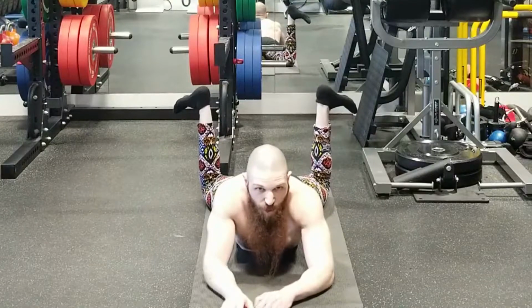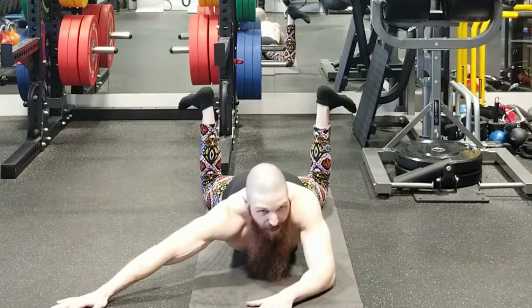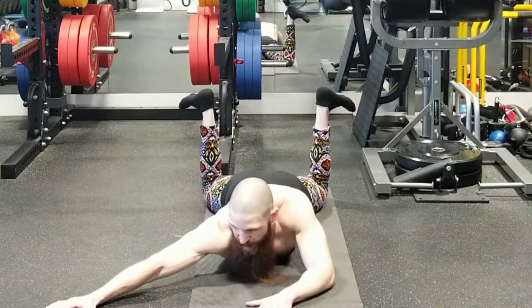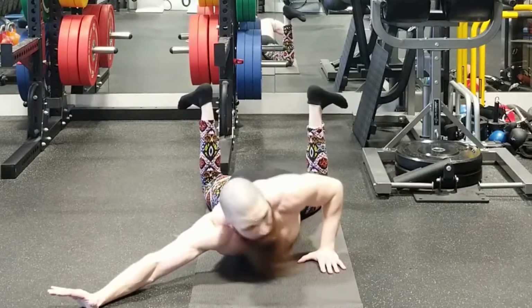With the pec that you are stretching, put that arm at the glenohumeral angle, so at the level of your forehead or roughly a little bit higher. You're going to get into extension of elbow and wrist. Bring the opposite arm under the armpit. The side that you're stretching, you want to...